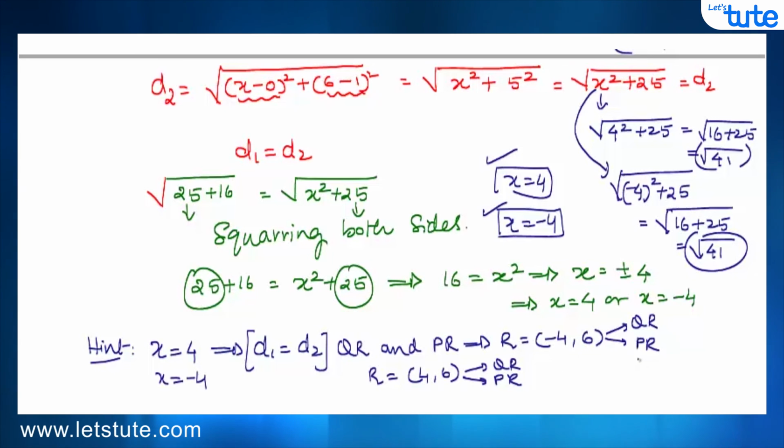Now, as you know the distance formula, you can apply the formula and see, because we know all the coordinates now. I am writing the values directly. You can check it out later. I got QR for this is square root of 41, and I got the same value for this point as well. Okay, but here I got PR as 9 root 2, and for this I got PR as root 82. Okay, so I got different values for PR in both the cases.